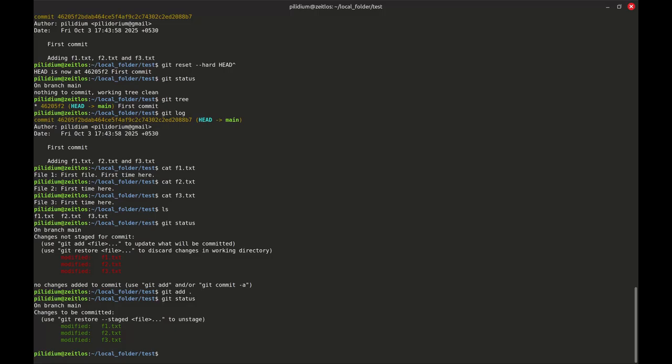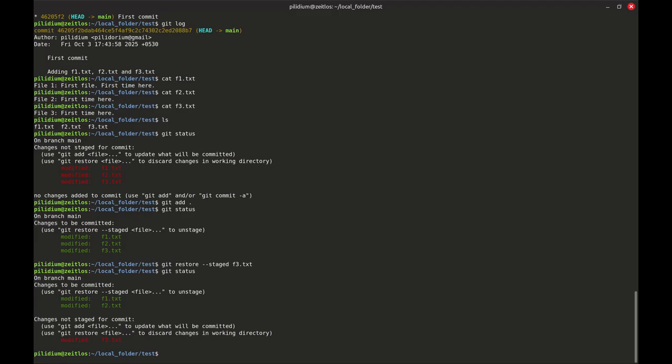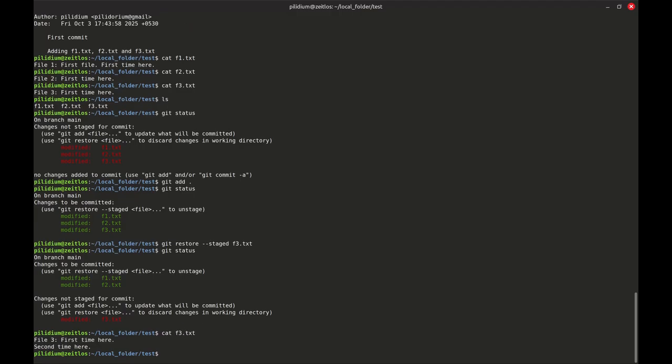So I've added all the files. So all my files are staged. But let's say you want to unstage F3. What do we do? Then we run this command. So if you notice, after running git status, we can see how F3 has gone back to being